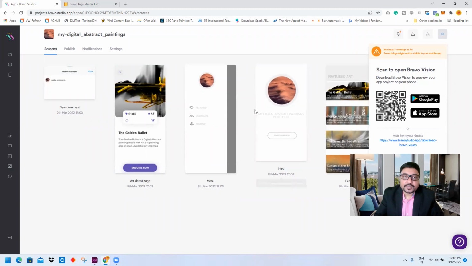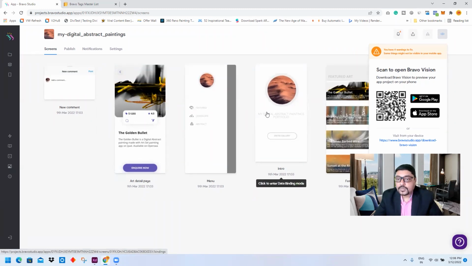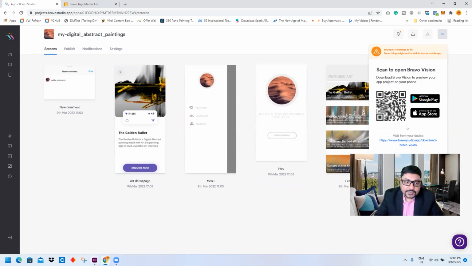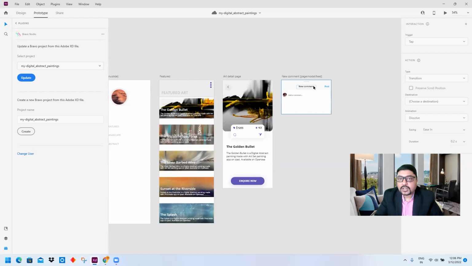So that's it. Now, if you really want to update your app multiple times, it's very easy. You go on updating things over here, and once you are done, you have to update it.